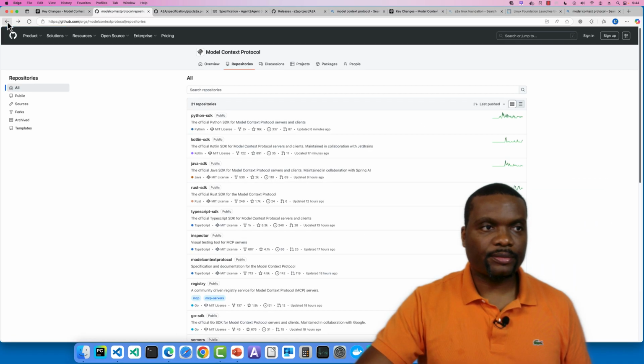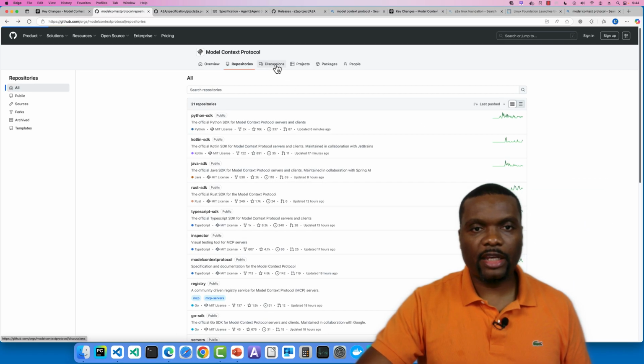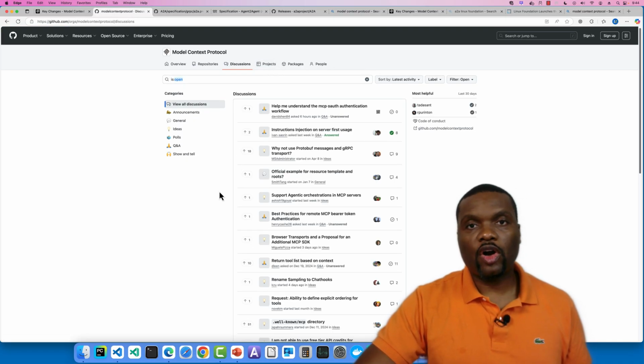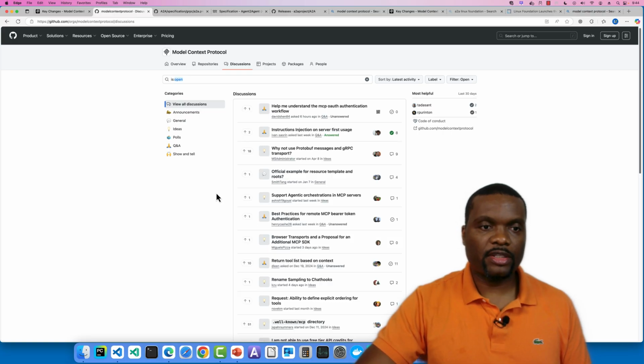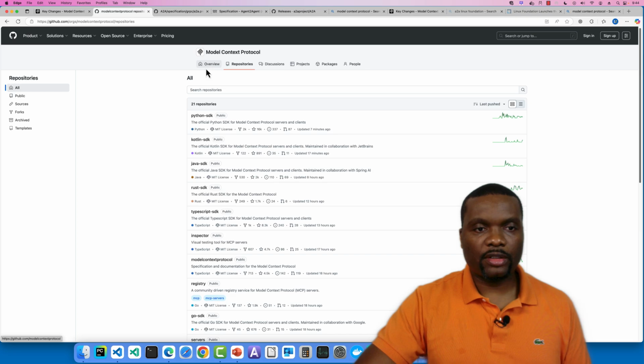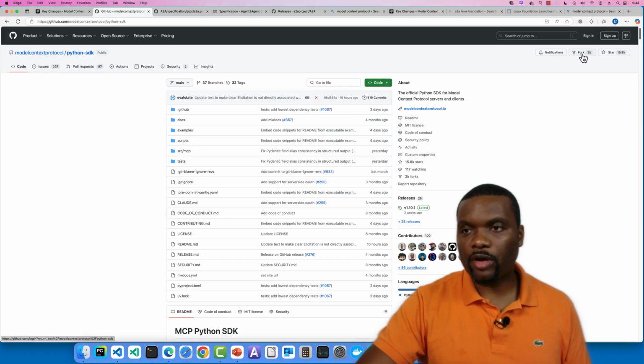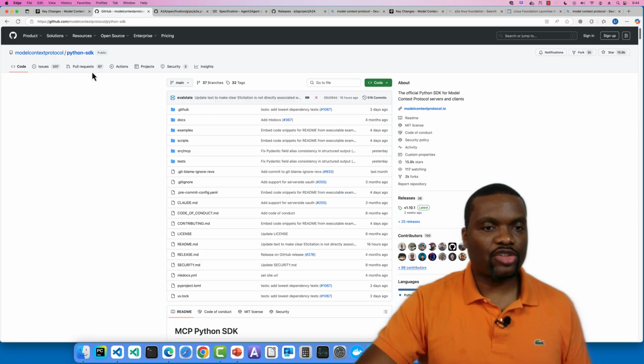So that is how to get started. And then if you have any kind of discussions that you would like to check out, or you would like to start one, you can visit this particular page and you can do that. Now, while you are on specific repositories, you have the ability to fork the repository and then submit a pull request, open issues, and take a look at issues that are already there, and you can contribute to the community that way.